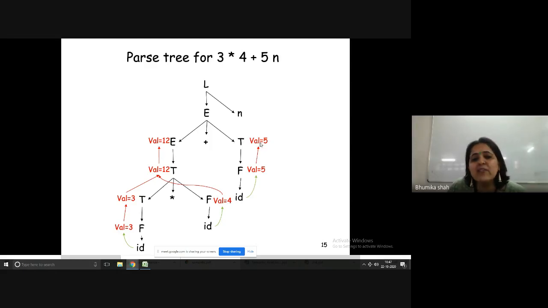Now E and T will be added, and the value will be assigned to the parent node, capital E. So child to parent value assignment. So the start symbol capital E is also going to have a synthesized attribute. How? Let us see that. 17 is calculated, and that 17 is assigned to the start symbol, and hence we are going to print 17 as the answer, which is a synthesized attribute, right? The same we have written in the rule earlier.